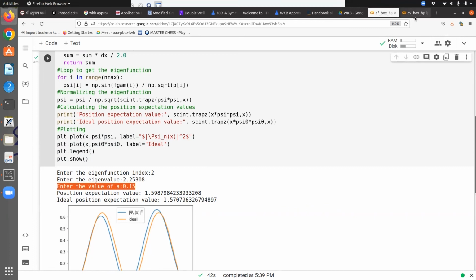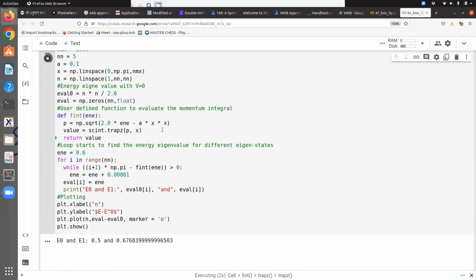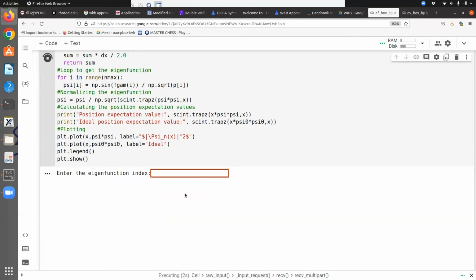Let us run the code for some other value of a. For that purpose, we need to use the other code and find the eigenvalues. So now let us use a equals 0.1. So the code is running, and here we get the value for the first excited state. Let us use this value in this code. We again do it for the first excited state, that is the index of the eigenfunction is 2. Now we enter the energy eigenvalue for a equals 0.1,